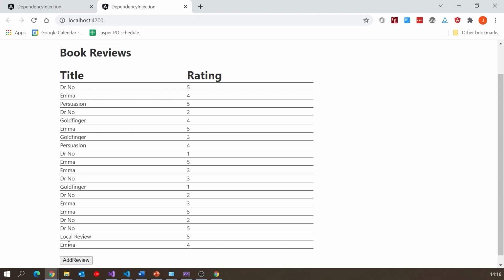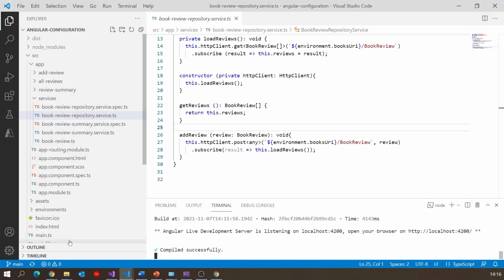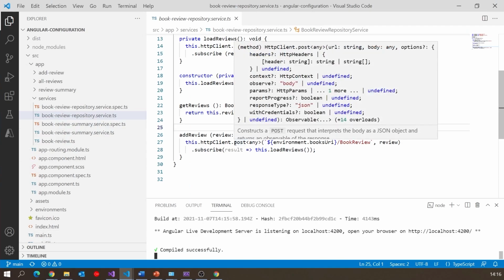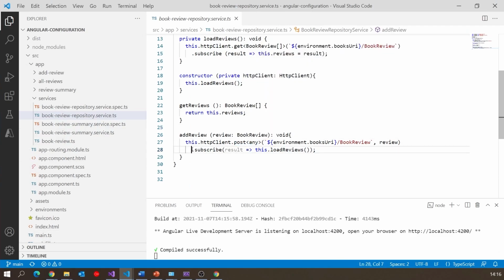And the reason we saw Emma being displayed is because in the add review, when I did the post, I subscribed to that, and then when we got back the result, which I don't care about, but I then did the load reviews, and that's why the page refreshed.